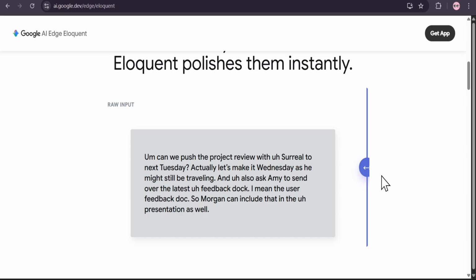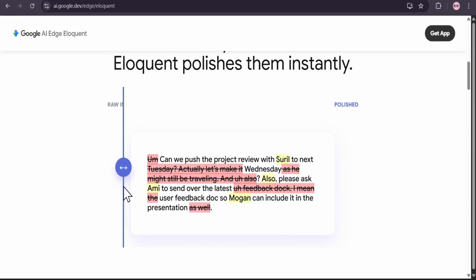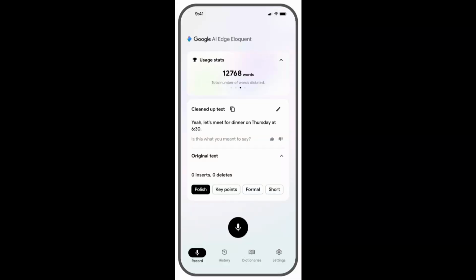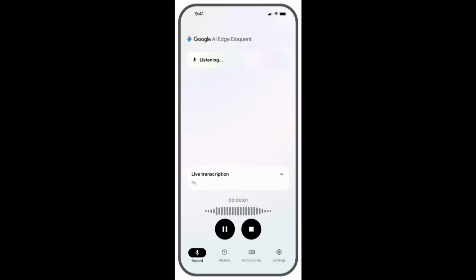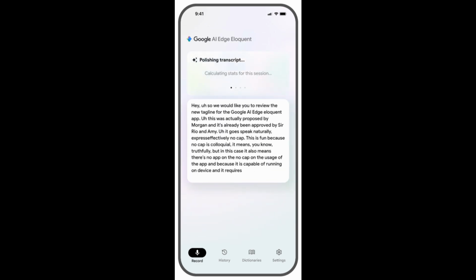Now if I go down, as you can see, this is a raw input of someone speaking naturally, and after that it's going to create a polished version of that, and it's also going to correct the grammar if you use that application. This app is just like Flow, but Flow is a paid version where you have to buy a subscription to use it. Also, you need internet, but here's the trick: